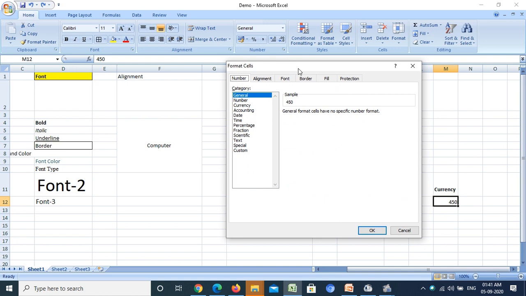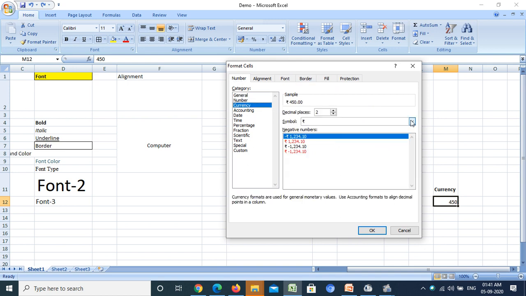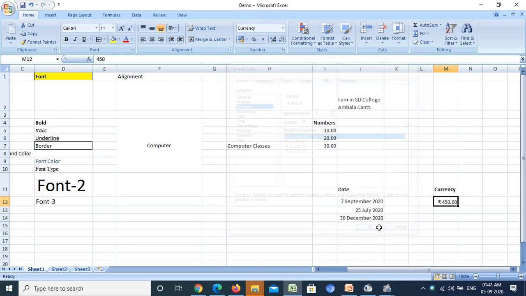After that, you have to select the Currency option. Now see, after clicking on this drop down menu, I can see lots of currency options are there. I will select the Indian currency sign and click OK. Now see, the Indian currency sign is applied to my number.